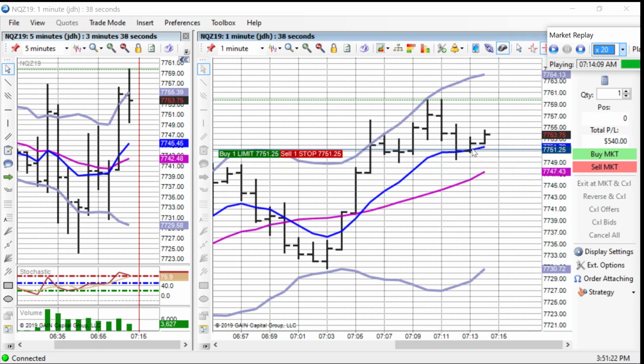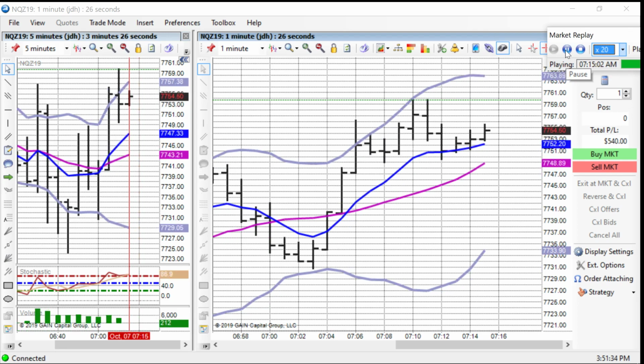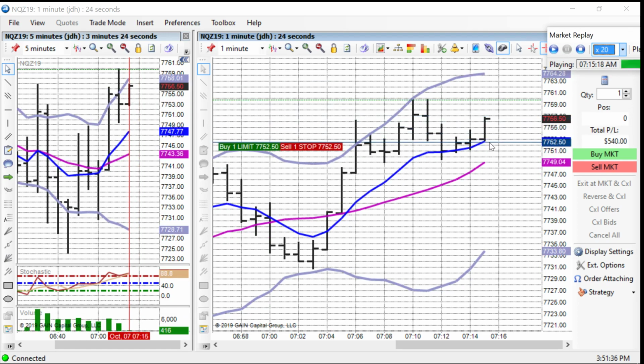It still looks like it's converging with the 14 SMA line. Okay, that would have hit a 3-point target, but